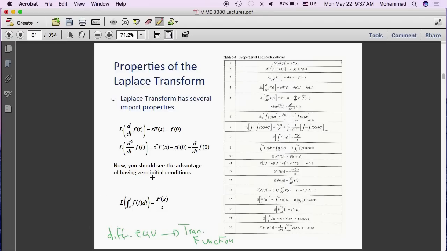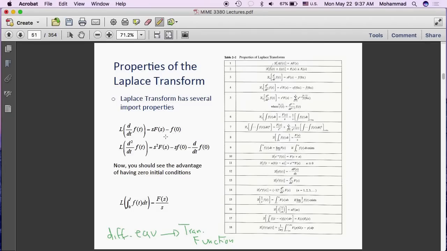You know by now that we will have time derivatives a lot of times. That's what defines a differential equation. So the Laplace transform of f dot, the first time derivative of function f, is s times the Laplace transform of f minus f at time